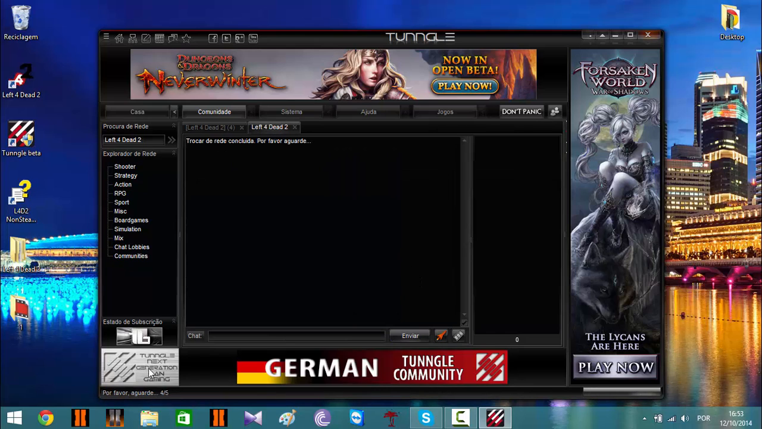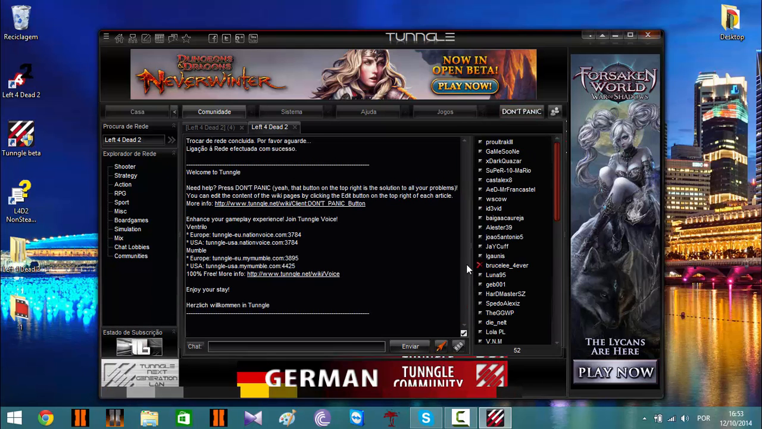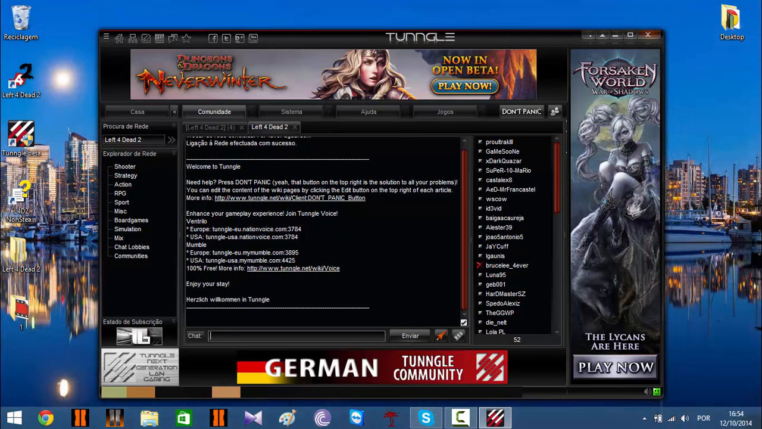Now this is like a room where the people can connect to each other by creating servers or whatever. Okay, these are all the people that want to play L4D. So now to play L4D2, you wanna go to your shortcut desktop and right click